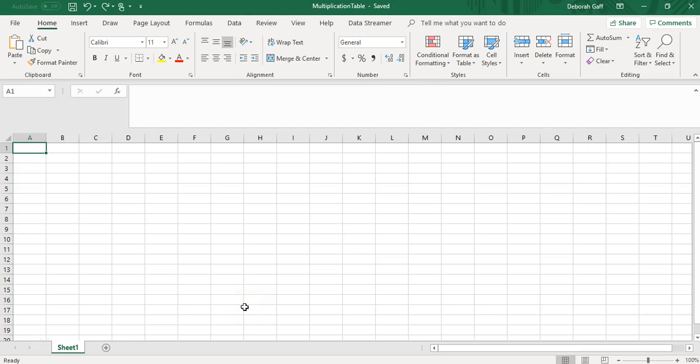Let's put our skills together to make a multiplication table. We'll use formatting, formulas, and fill down options. First thing I want to do is resize my cells so it looks more like a multiplication